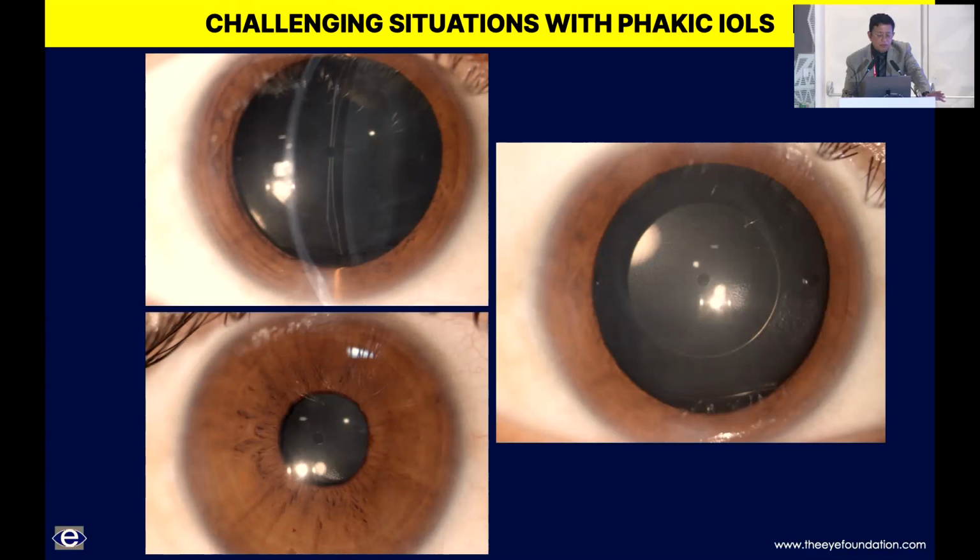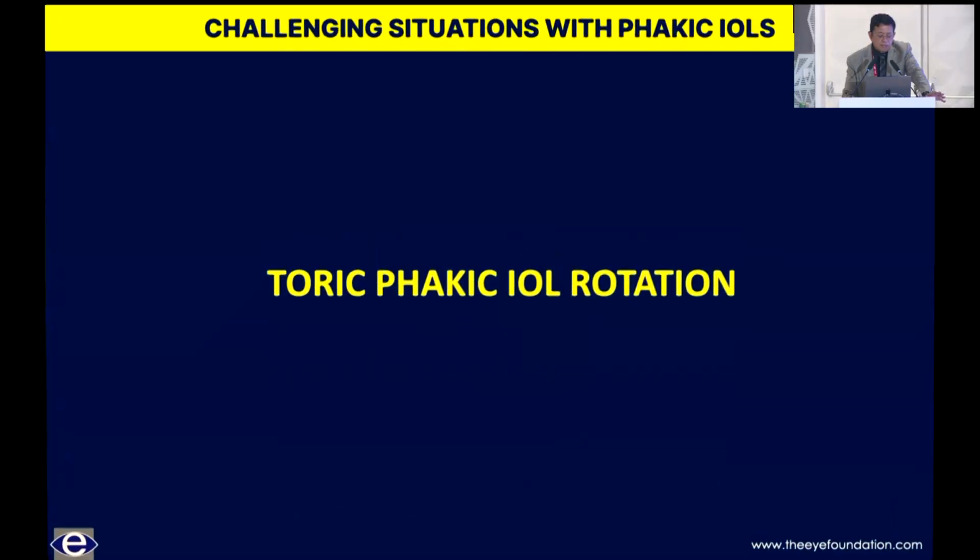500 microns of vault, 250 to 750, a well-centered lens with excellent results. And let us look at